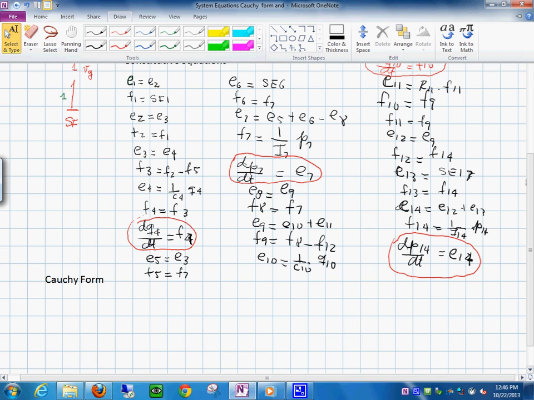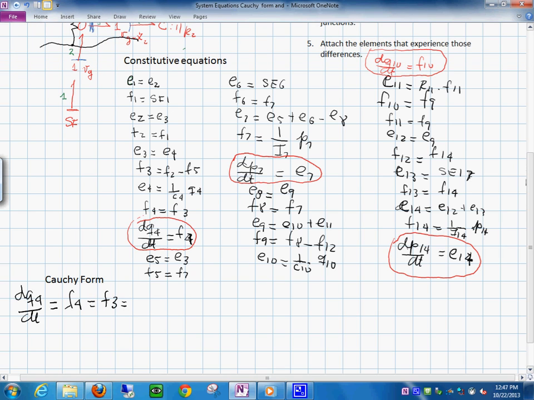And here e sub 3 is e sub 4. I need to already begin putting in terms of the state variables. What's the e sub 3 is what we need to do here. E sub 3 is e sub 4. And what is e sub 9? Is e10 minus